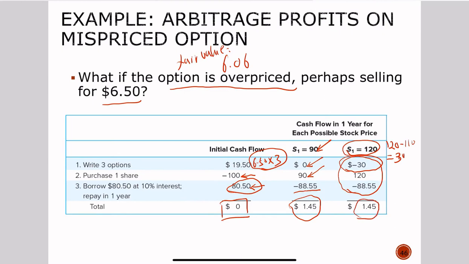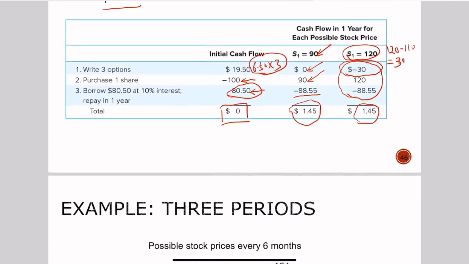So you can see that this is an arbitrage profit because today you have this zero investment, but tomorrow you will always get this positive payoff, right? Okay, that's for today's